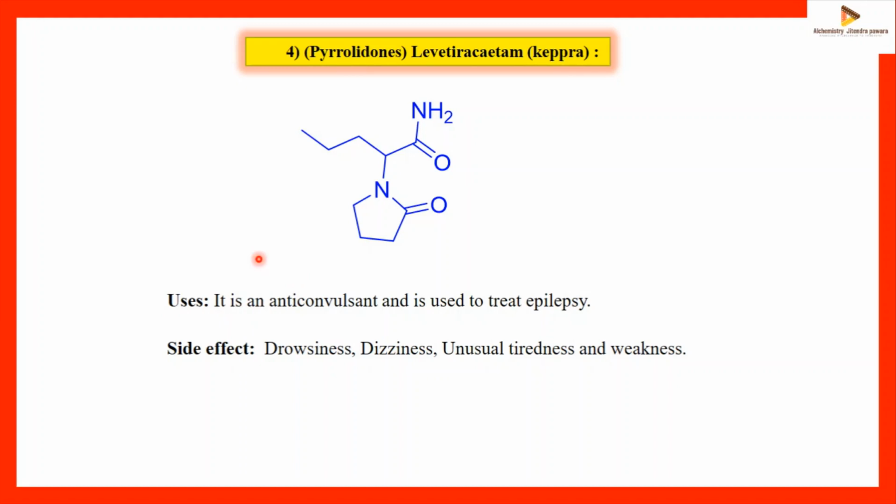Then the uses of Keppra: it is used as an anticonvulsant and also used to treat epilepsy, for partial onset, myoclonic or tonic-clonic seizures. It is found to be useful for psychiatric and neurological conditions such as Tourette syndrome, anxiety syndrome, and Alzheimer's disease. Tourette syndrome is related to the nervous system. The patient suffering from Tourette syndrome shows repeated movement of hands or legs, whatever it may be, and